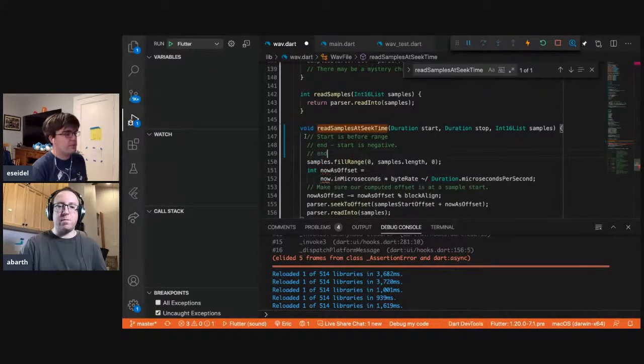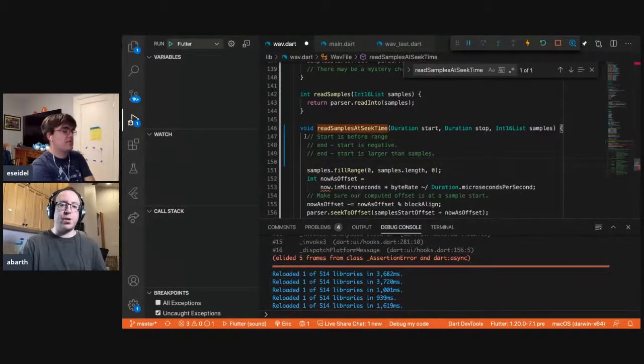There's n minus start is larger than samples, or do we create samples? Yeah, it's larger than. Am I being too defensive here? No, this is great. I think we want to do all this checking.